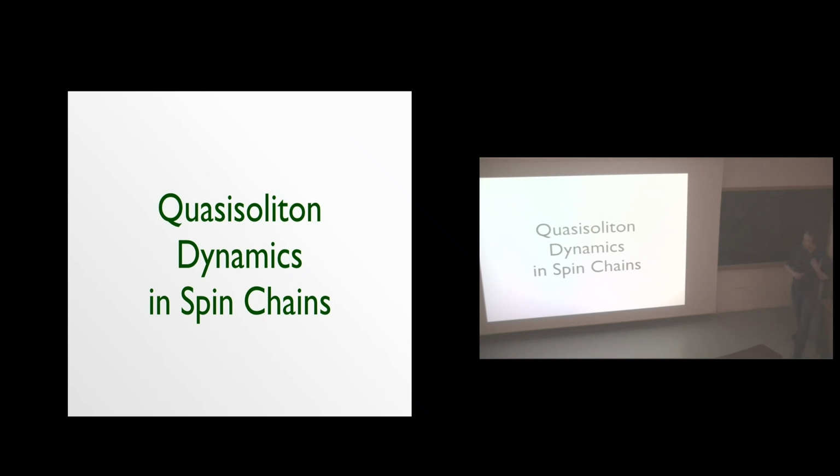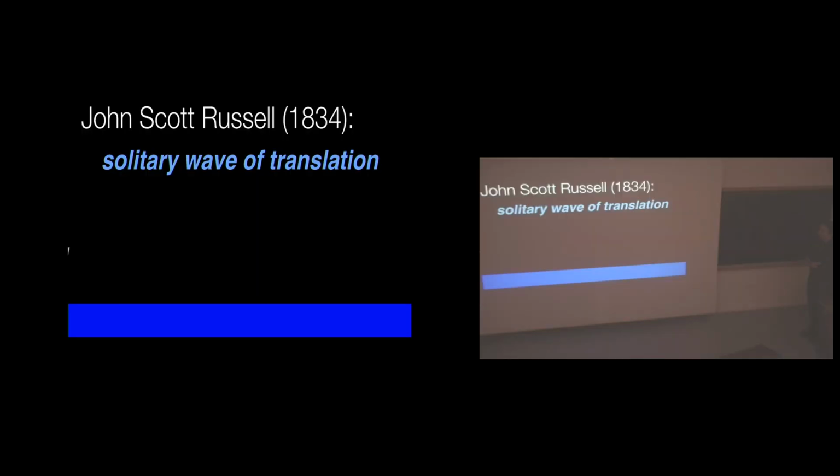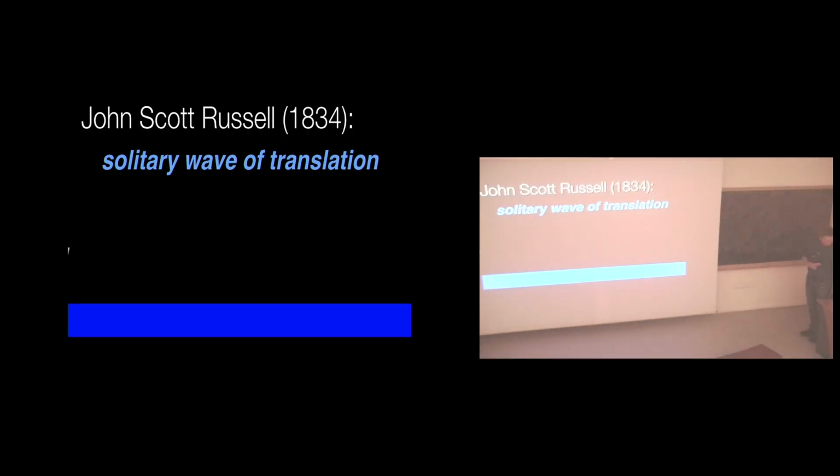Now let me try, in 5 minutes because that's what we've got, to talk about another way of doing out of equilibrium with these systems. And again, a slightly fun bit. We go back to 1834. We are in Edinburgh, next to the Union Canal. Or at least John Scott Russell was there, and suddenly this barge stops suddenly. And John Scott Russell sees an accumulation of water at the front, suddenly detached from the barge and start moving.